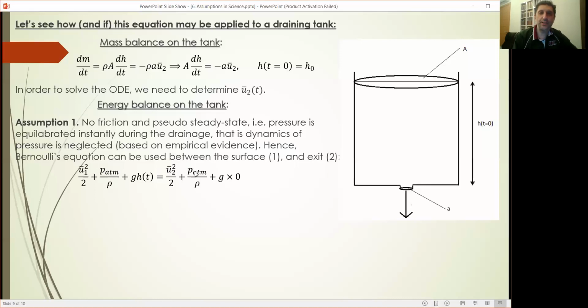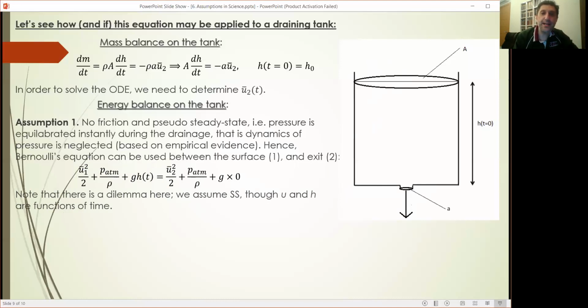So here, if you take this bottom point as h equal to 0, there's going to be an h component here which changes with respect to time. There's going to be an inlet pressure of atmosphere and an outlet pressure of atmosphere. They're going to cancel. We are going to need the velocity at this point and the velocity at the outlet. Now,